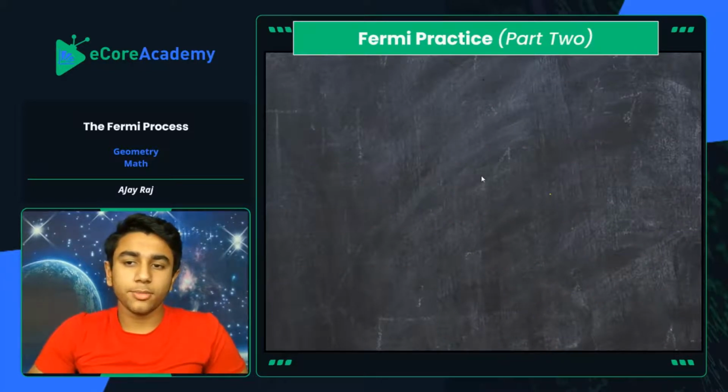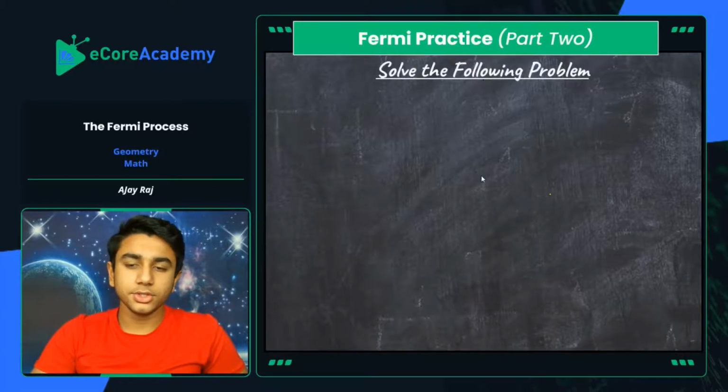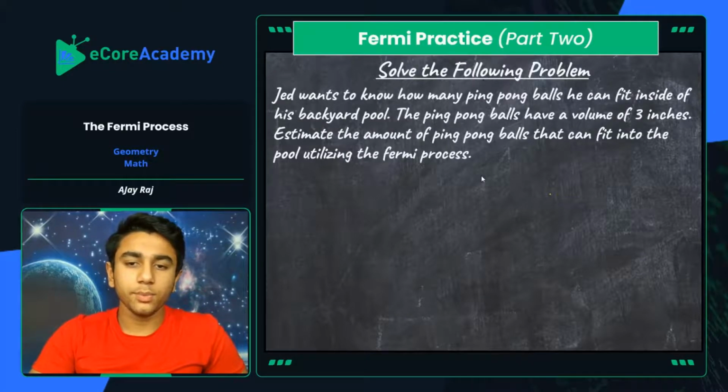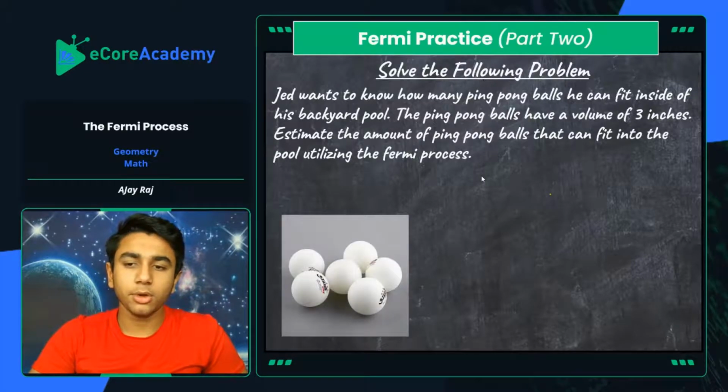All right, on to Fermi practice part 2. Let's solve the following problem here. Jed wants to know how many ping pong balls he can fit inside of his backyard pool. The ping pong balls have a volume of 3 cubic inches. Estimate the amount of ping pong balls that he can fit into the pool utilizing the Fermi process. So what we can do here is round off these answers immediately. So we know that we have our given